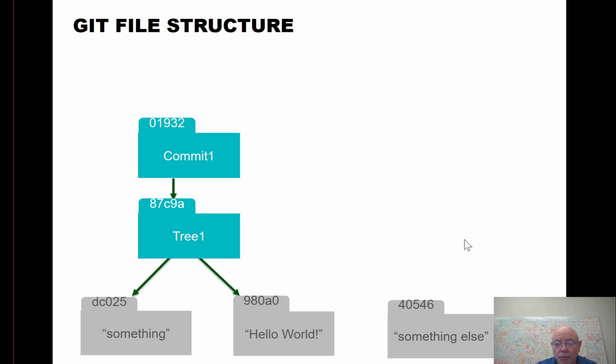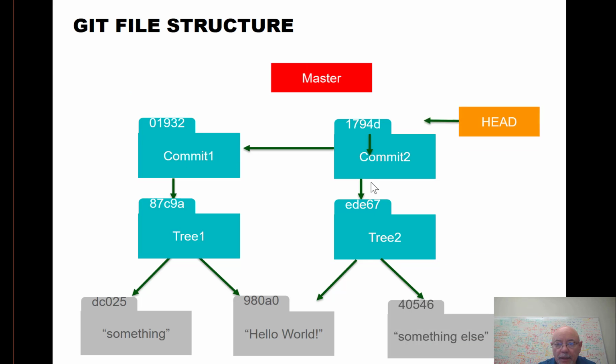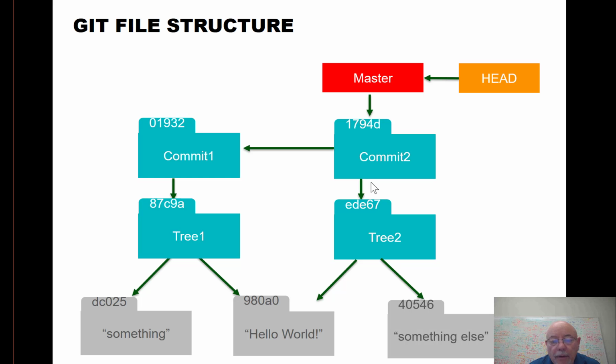Now let's suppose we start working on this as a new branch. What we're going to do is we're going to get a new tree. We're going to get a second commit. We'll commit again, and this will point to the old commit. And we'll have a new head and master that points to this second commit. Now we can treat the first commit that we did as a separate branch by naming it, and here I just called it first,